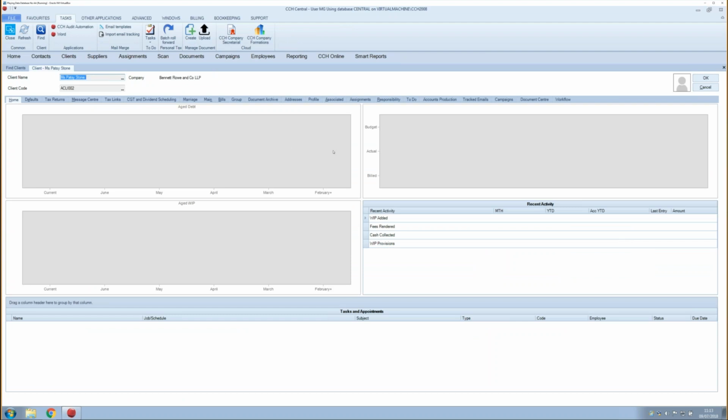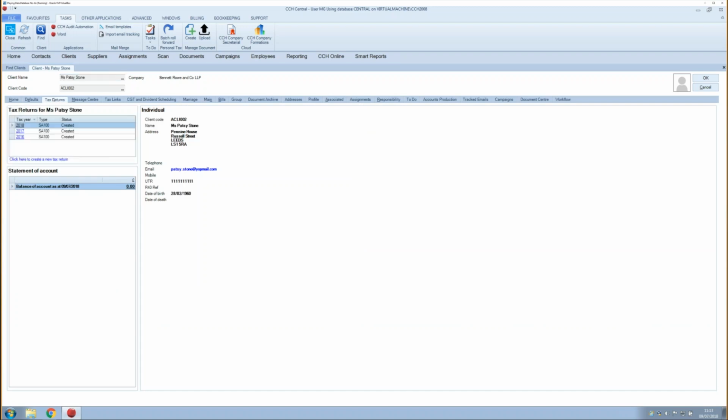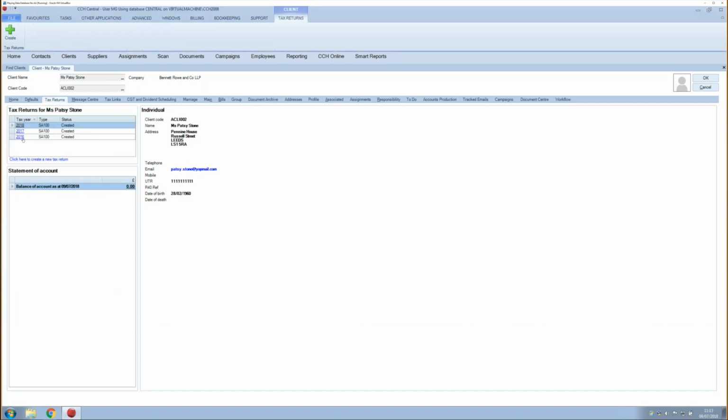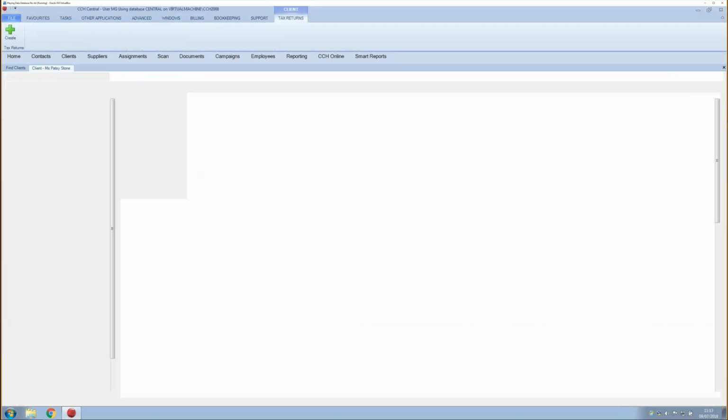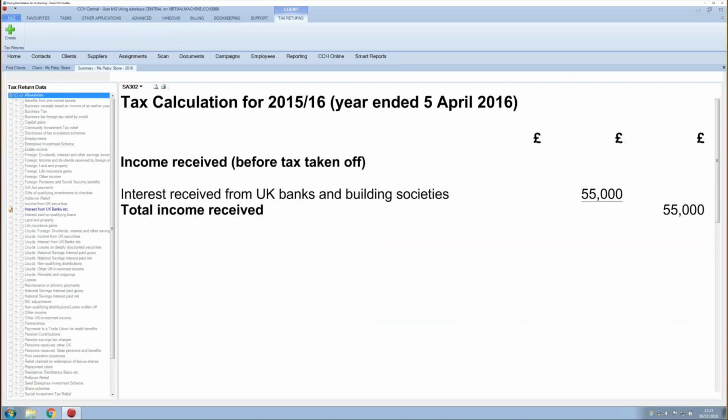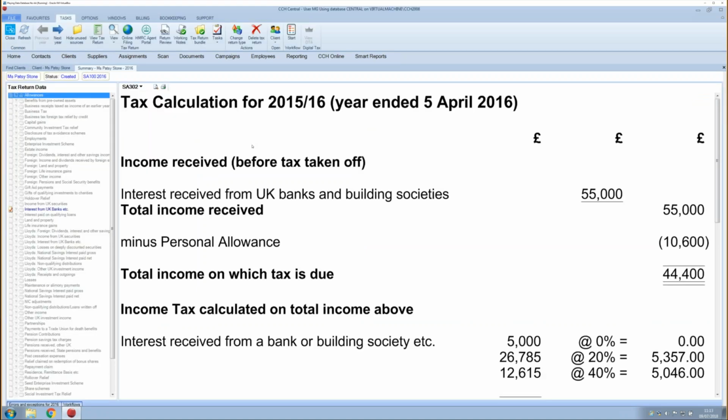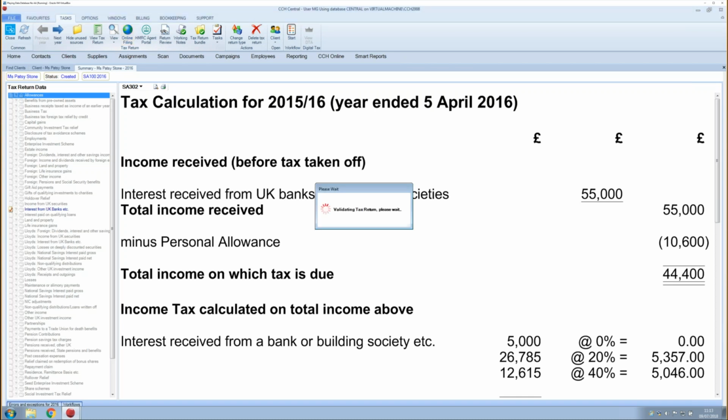So I'm going to go into the tax returns tab for Patsy Stone, just here, and you'll see we've got a number of tax returns. I'm going to click on the 2016 tax return, and I'm going to click on the online filing button at the top there to start the online filing process, because what I need to do once the tax return is validated